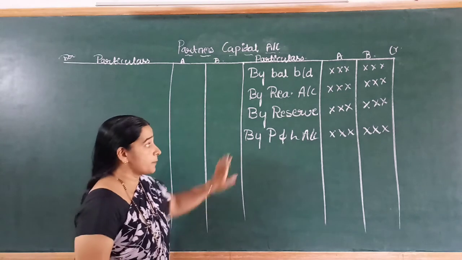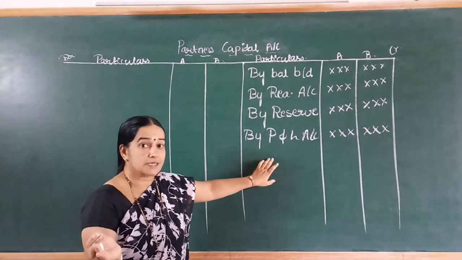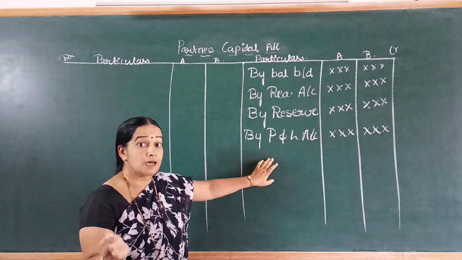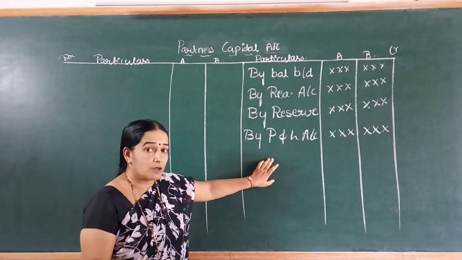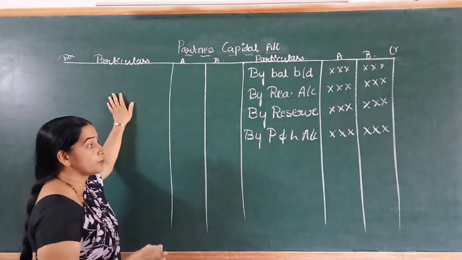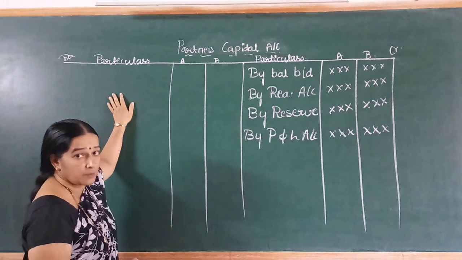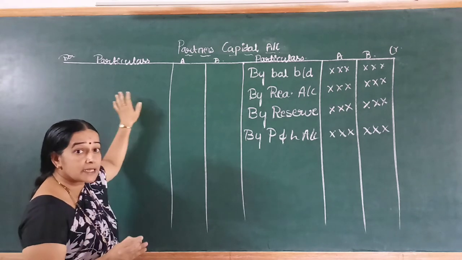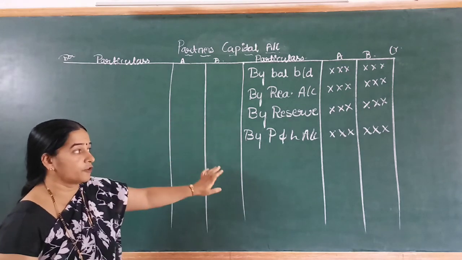If the profit and loss account is given on the asset side, it is the undistributed loss. If there is a loss, then that loss has to be debited to the partners capital account. Why is it written on the debit side? Because that decreases the capital amount. So these are the four steps.